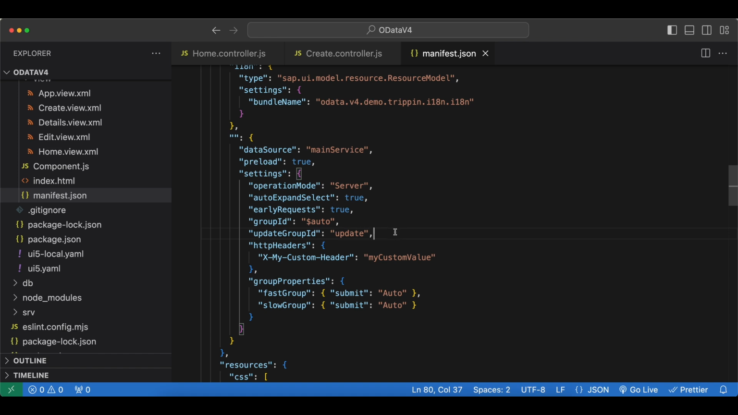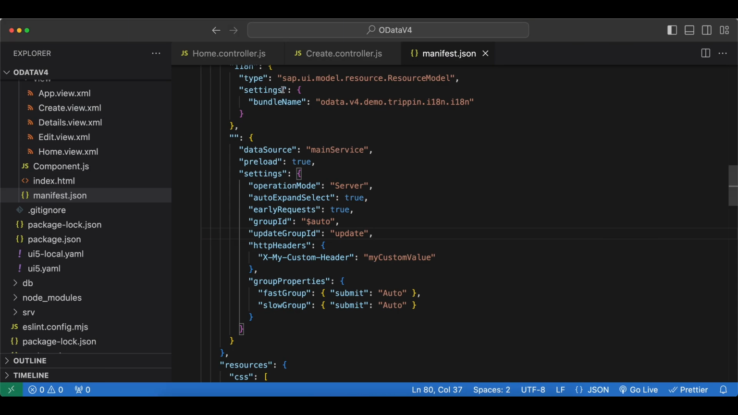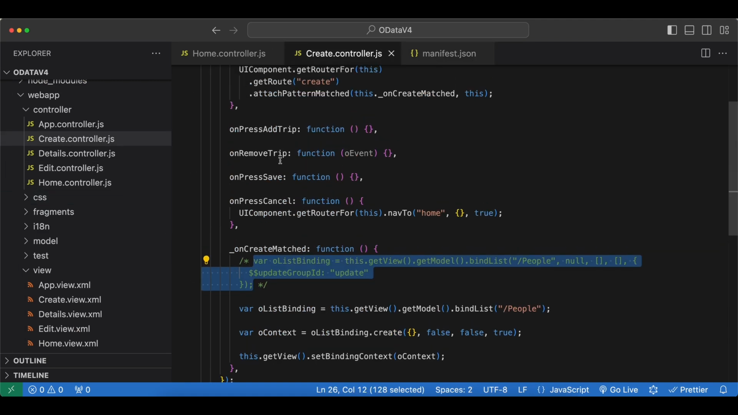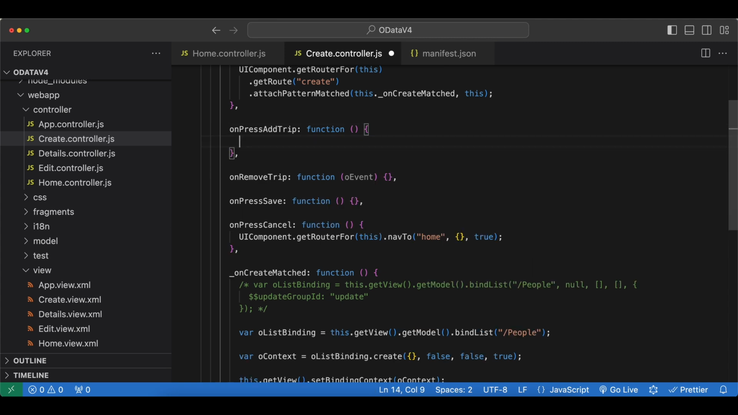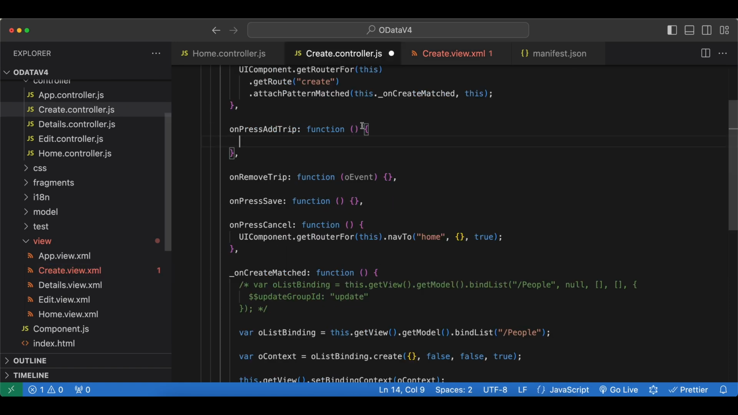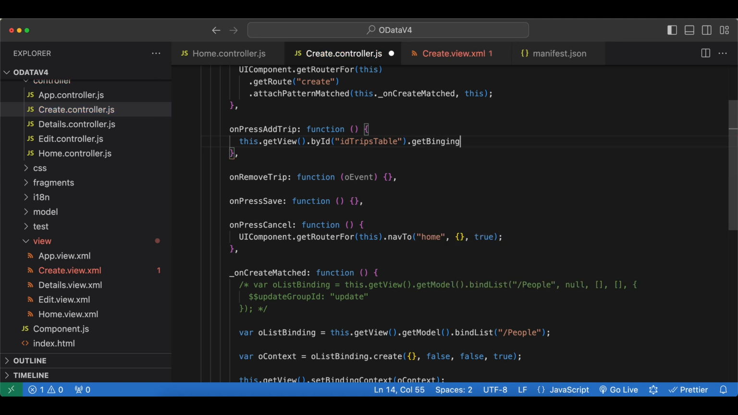Now let's also implement the logic to add new trips when we create a new user. So this button right here, and it will be exactly the same. Let's go to the create controller again, and here we have on press add trip. And here we just first need to access our list binding for the trips table. If we check our create view, here is our table and this is the ID. And here we can say this dot get view dot by ID, and again it's using the items binding, so we say get binding items,